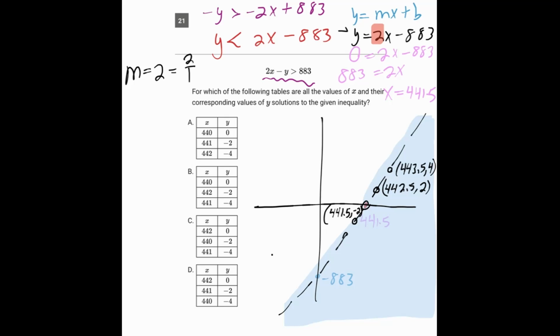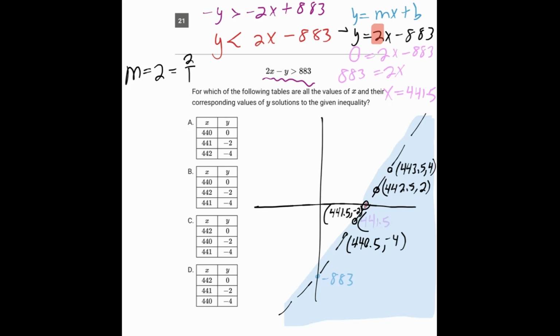And down 2 and over 1 again. And we'll have a height of negative 4 and an x value of 440.5. So it helps to have all of these values so we can really figure out what points fit and